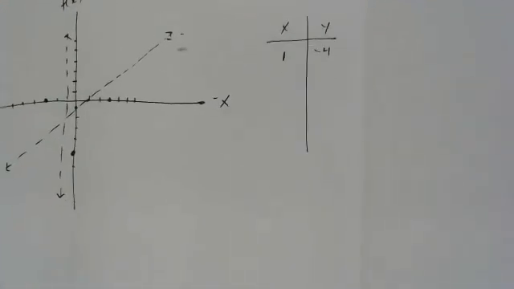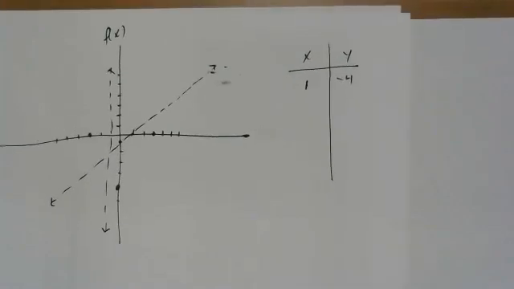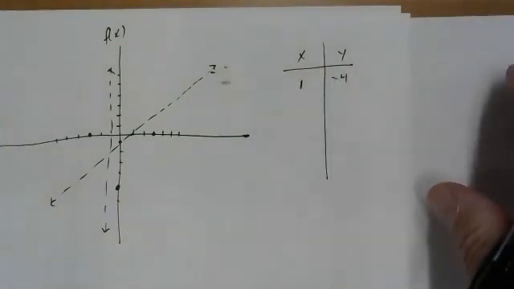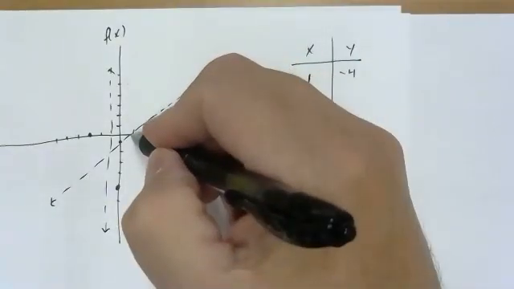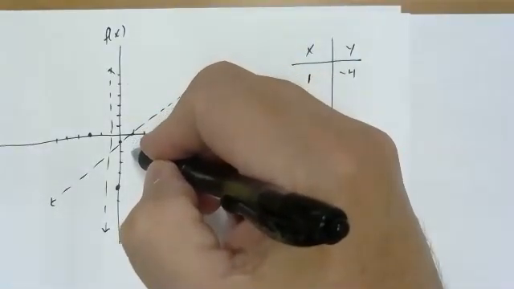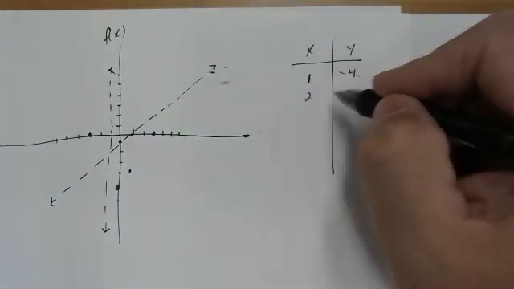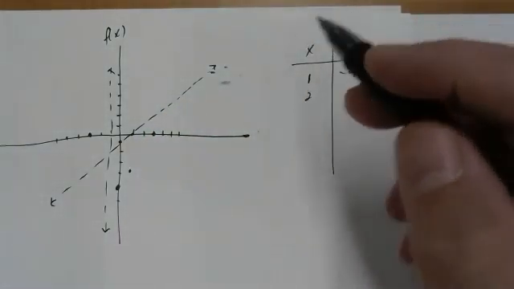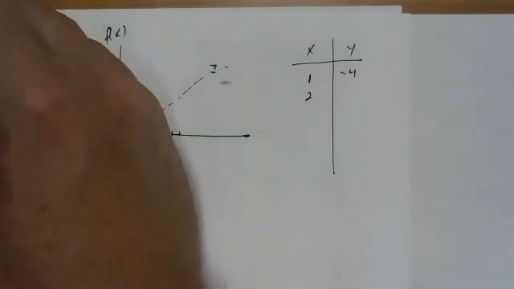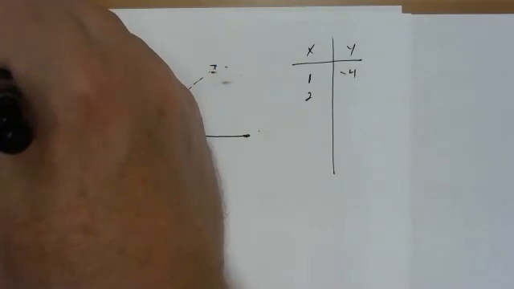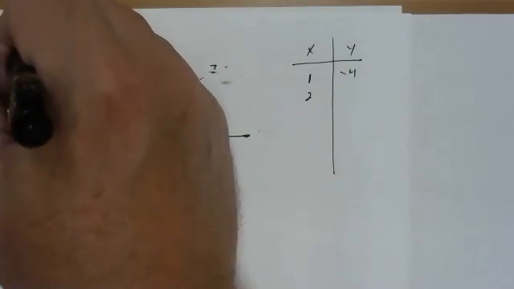Now, let's do some data points. Sometimes to actually figure out what a graph looks like, you have to plot some points. So when x is 1, y is -4. How about when x is 2? Oh, here's my equation. f of x or y equals